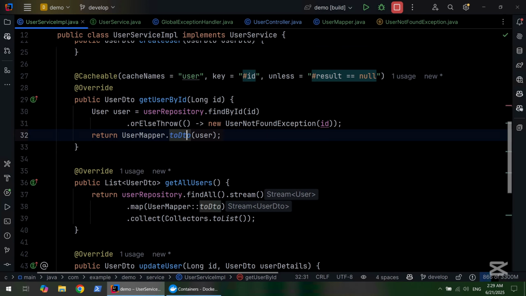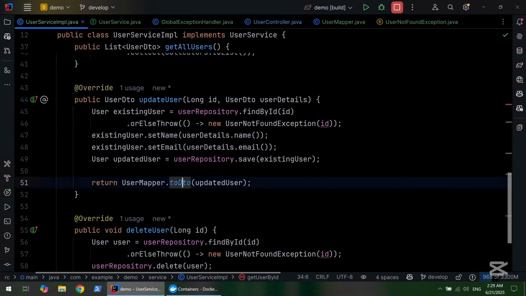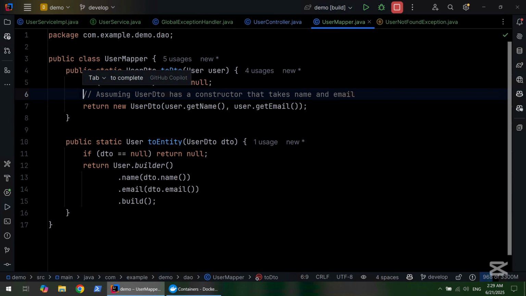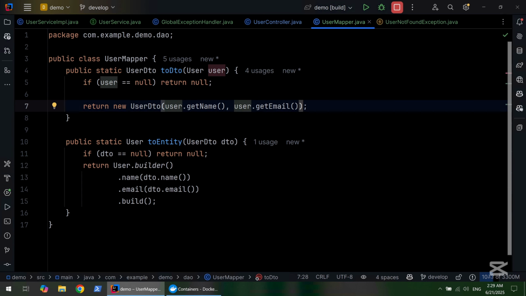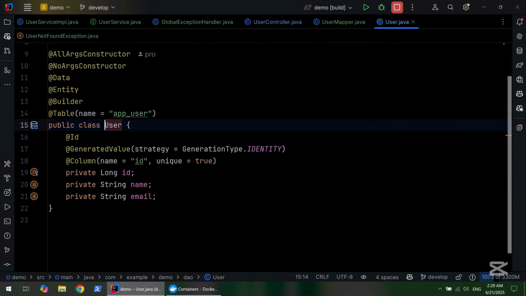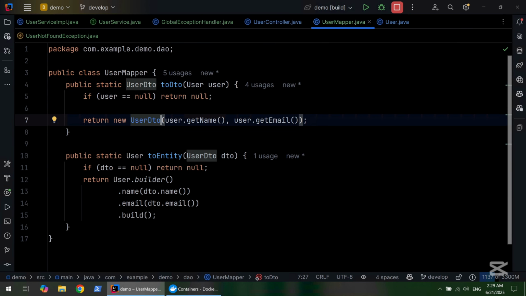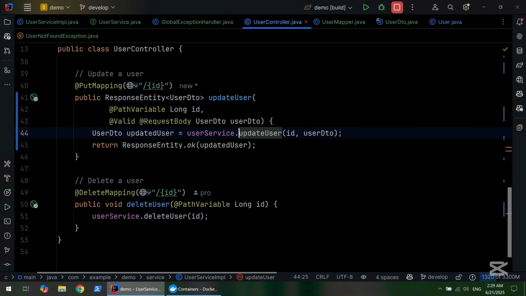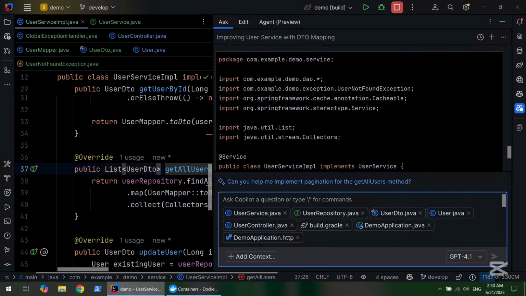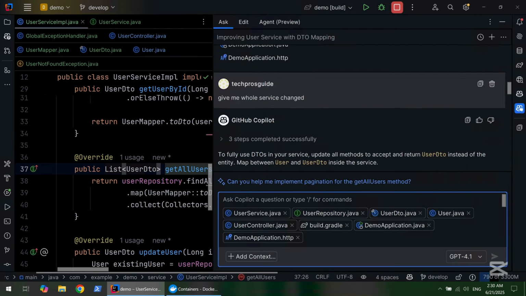Okay. It maps. It takes the values from the user entity and puts them to UserDto. Okay. Okay, second step done. The next step was